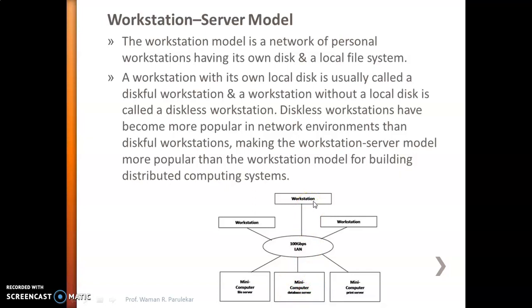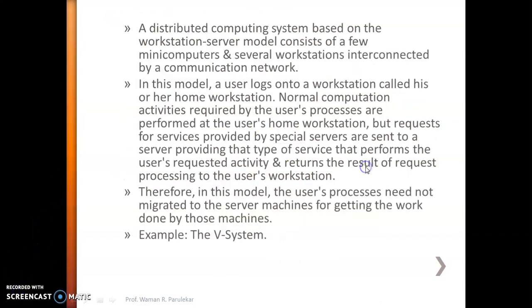You will have some processor that you will use for local things, but for the specific task which you want from the server, for example the database server, you will send a request to this mini computer, and the mini computer database server will respond to this workstation. This is the actual working of the workstation server model. Okay, the example is V System.